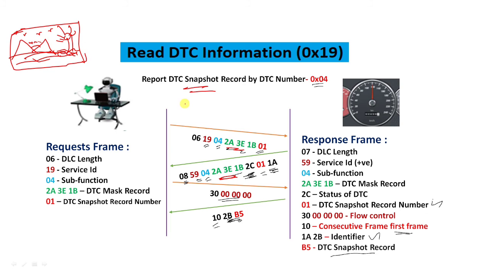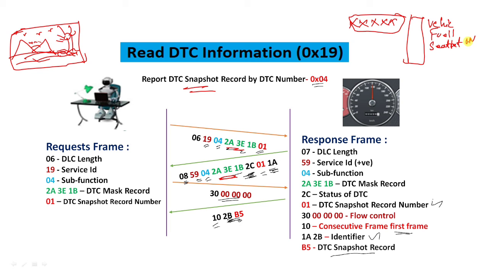Similarly, in the DTC snapshot record, if you request for the DTC, you will get a few parameters like what the vehicle speed was when this DTC was created, what the fuel range was when this DTC was created,